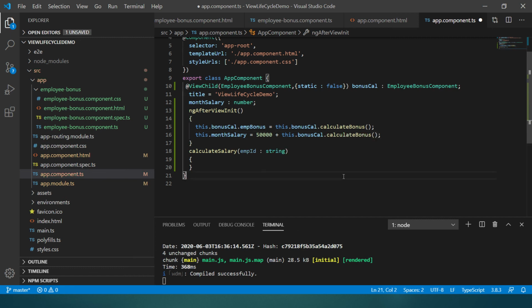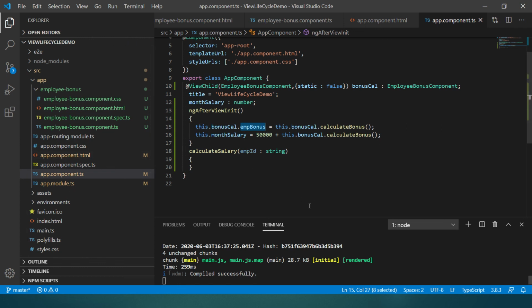Let us see the output. Here the bonus will be 50,000 and the salary will be 1 lakh, because employee ID is not given any initial value.